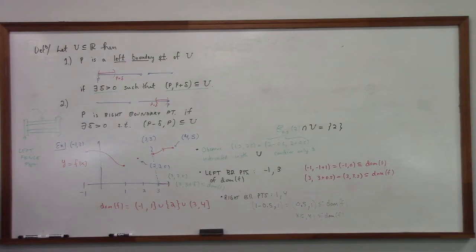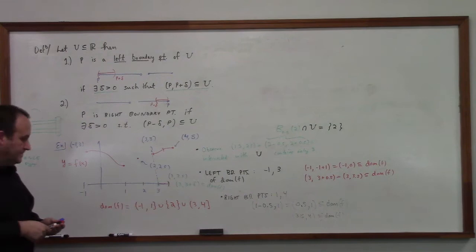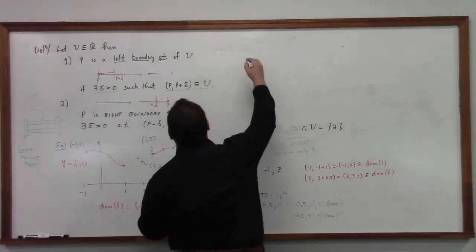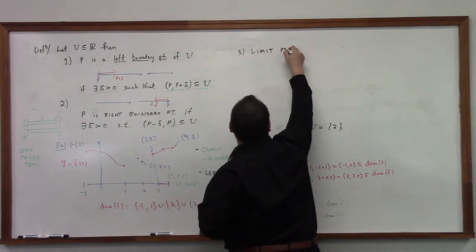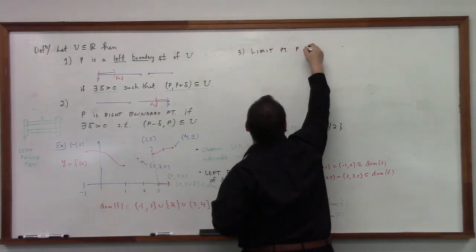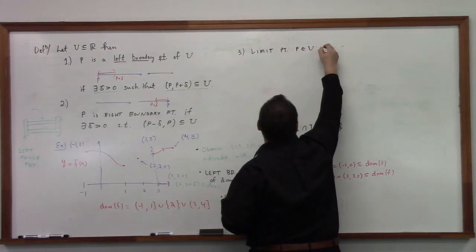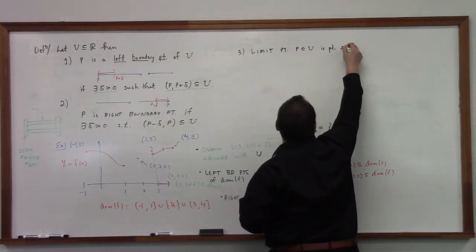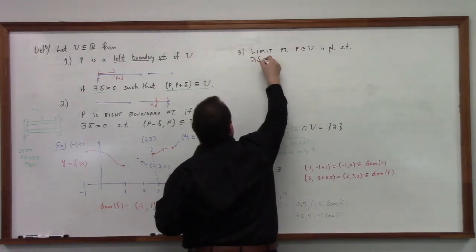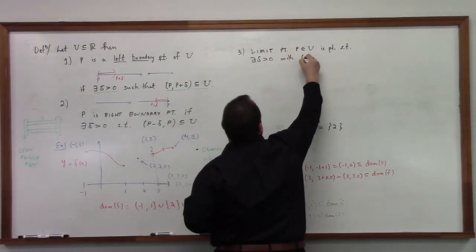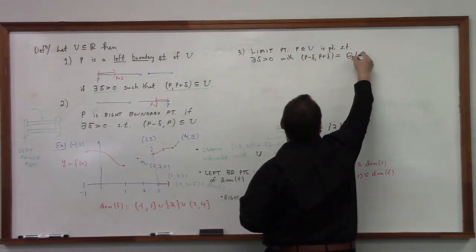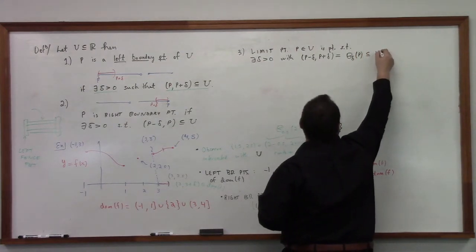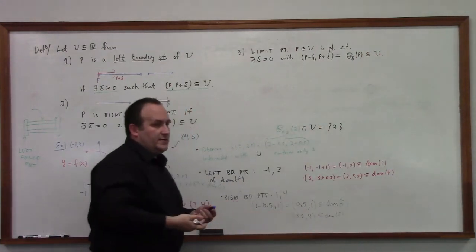And what's a limit point? I did do this one in class, I believe. P in U is a point such that there exists delta greater than 0 with (P minus delta, P plus delta), which is just the ball of radius delta centered at P, a subset of U. In other words, a limit point is a point where,